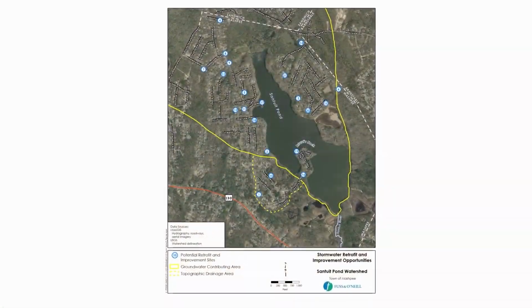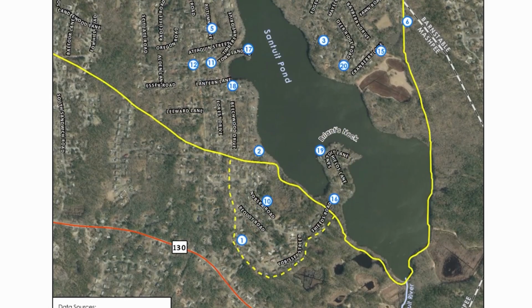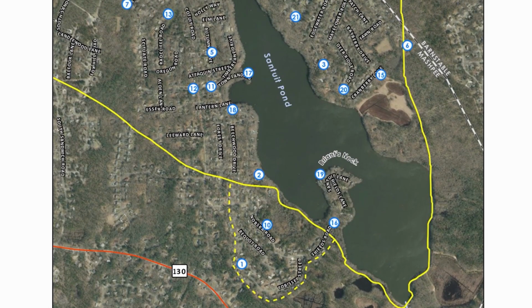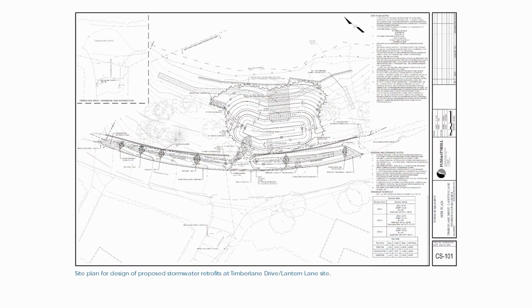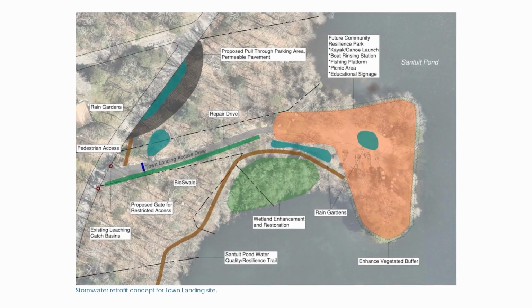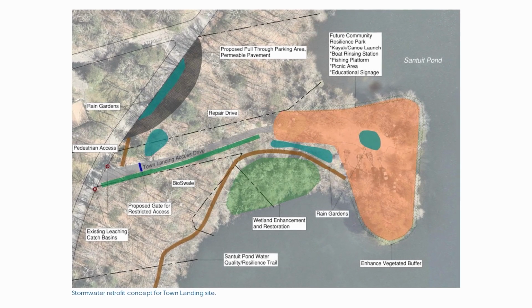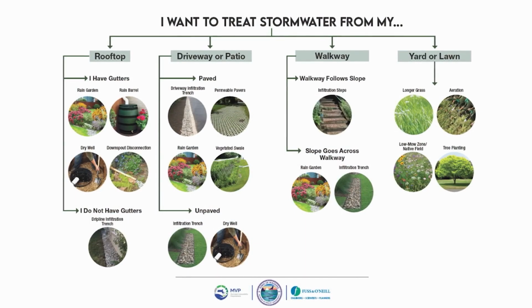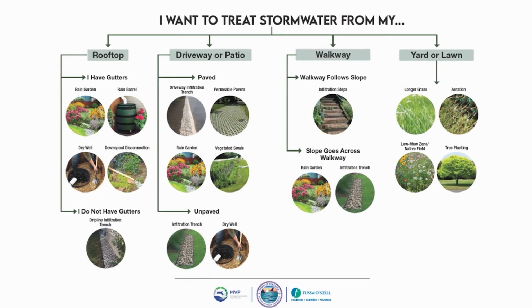As part of the first grant, we did identify the 20 stormwater sites that needed to be remediated. In the second phase, we implemented one site in the Timber Lane area, and in the future, we'd like to see a resiliency trail from our Santuit Pond Town Landing that's connected to the one stormwater best management practice that was implemented. And along that trail, we want to provide homeowners with informational kiosks, with visuals of what you can